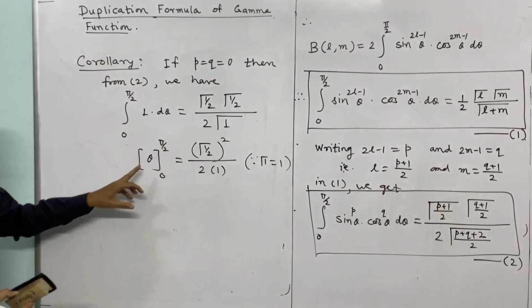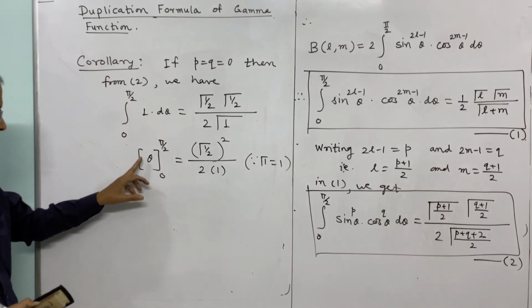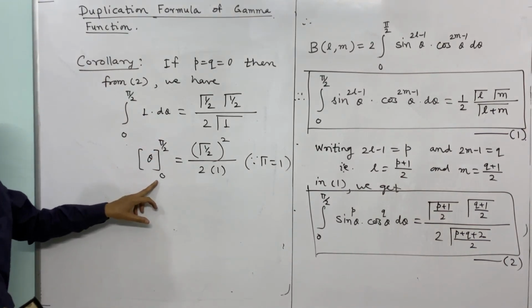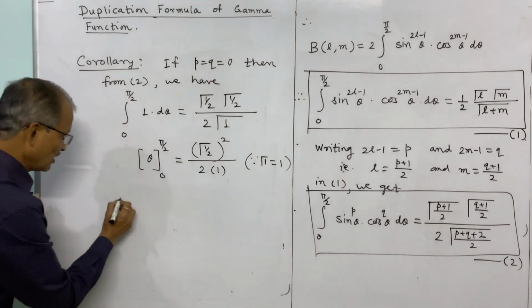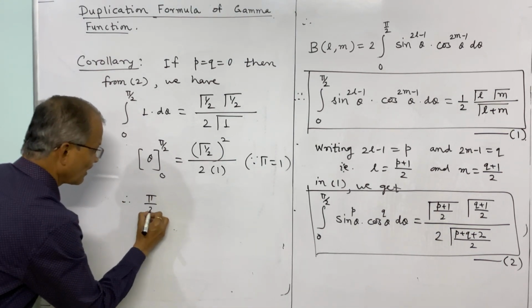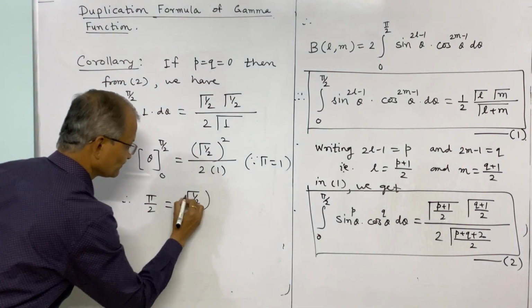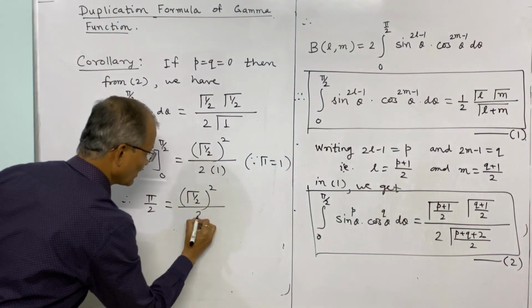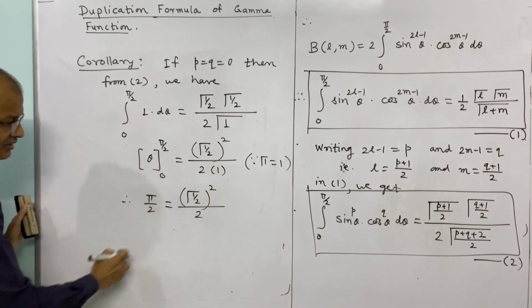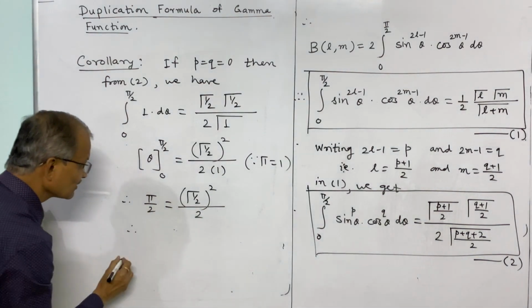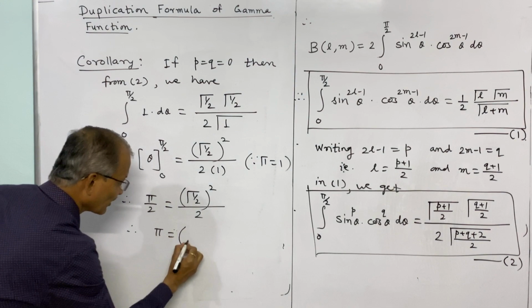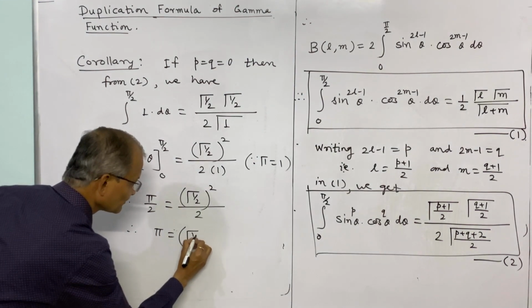And now you see the left side, upper limit is pi by 2, lower limit is 0, so this is only pi by 2, that is pi by 2 is equal to gamma of half whole square divided by 2. Multiply both sides by 2, this half cancels, and that is pi is equal to gamma of half whole square,